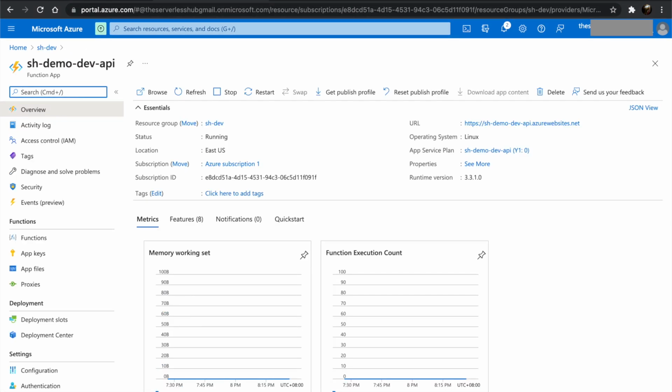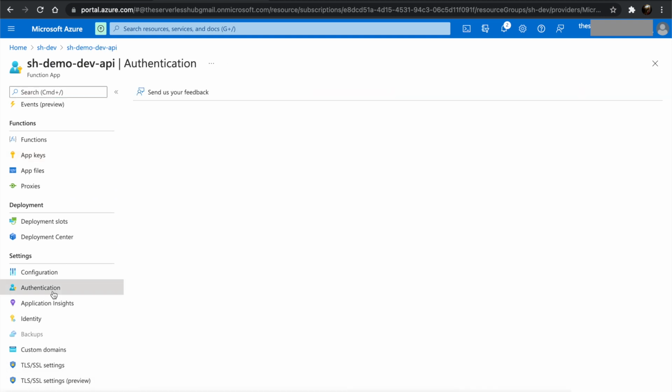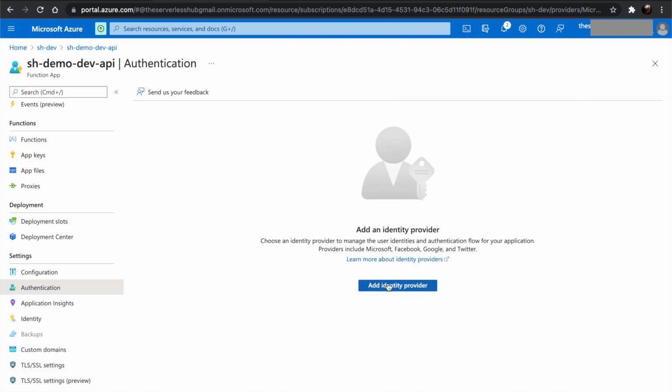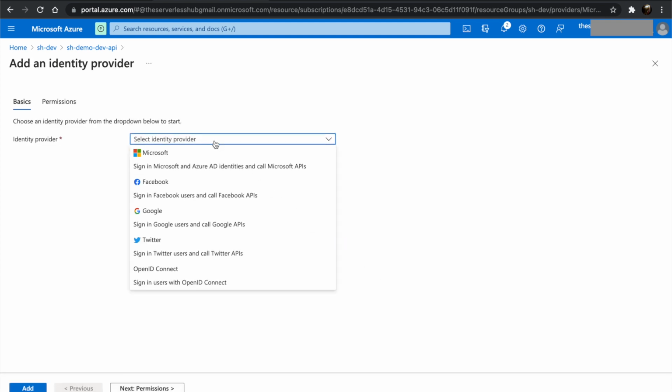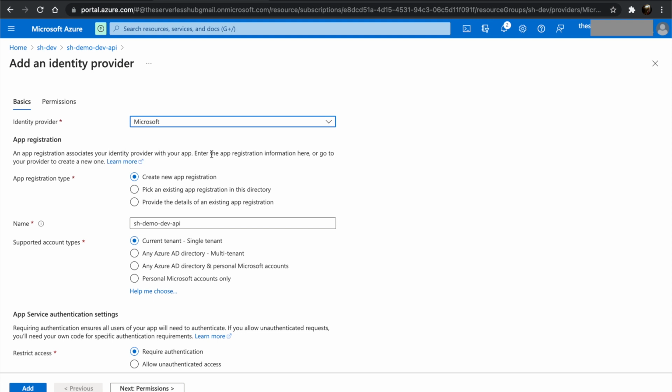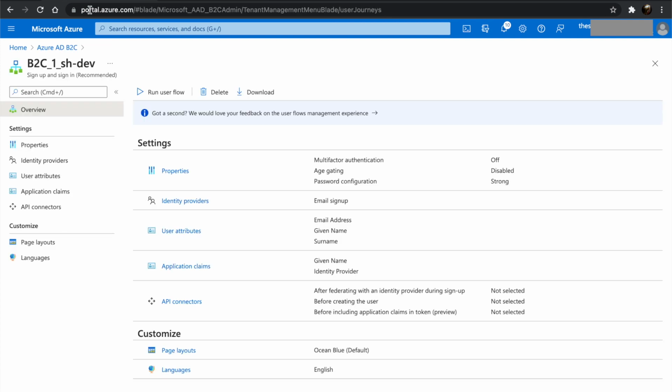Let's go back to the function app and click on authentication. Then click on add identity provider. From the identity provider drop down, let's choose Microsoft. For the app registration type, use existing app registration. To fill out the details, let's go back to the Azure B2C tenant. Click on run user flow.